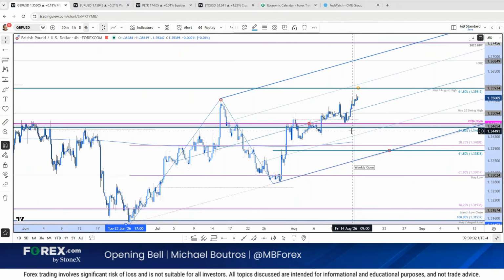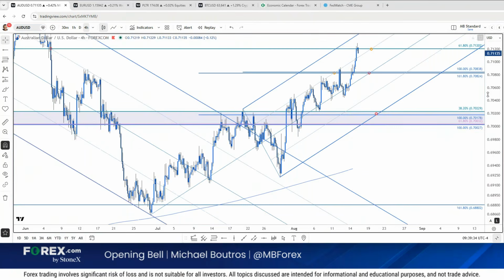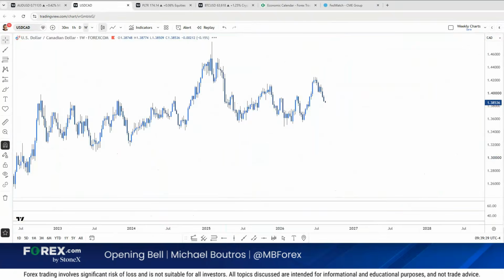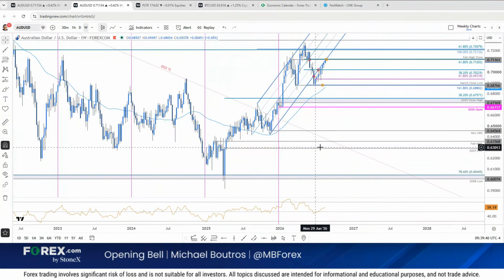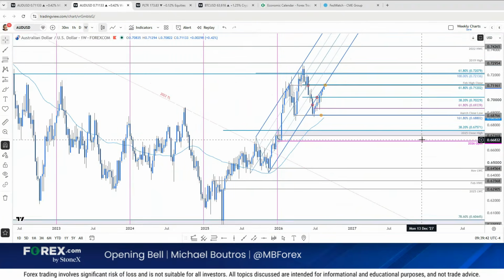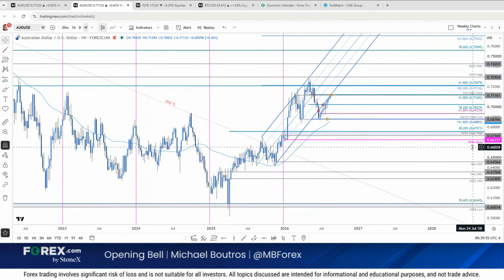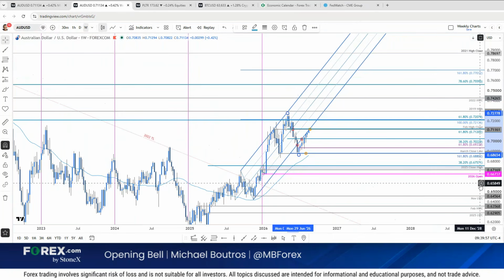All right, Aussie dollar. Whoa, boy, that's stretched now. Testing the 618 retracement. I'm going to take you back to the weekly charts real quick to show you this. Here's the same exact chart we've been tracking. Here's that upslope, which broke a couple of months ago, back in June. Here's the recovery we talked about. We're now up 7 out of 8 weeks. That's including this week. And we're now at the first major lateral zone, 71.20 into 71.16.